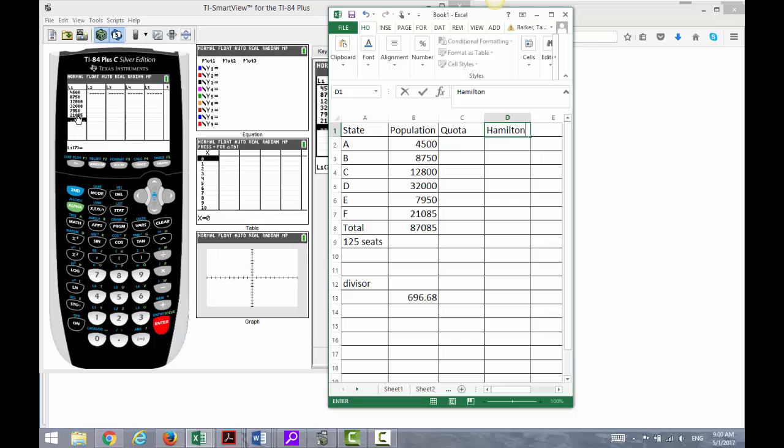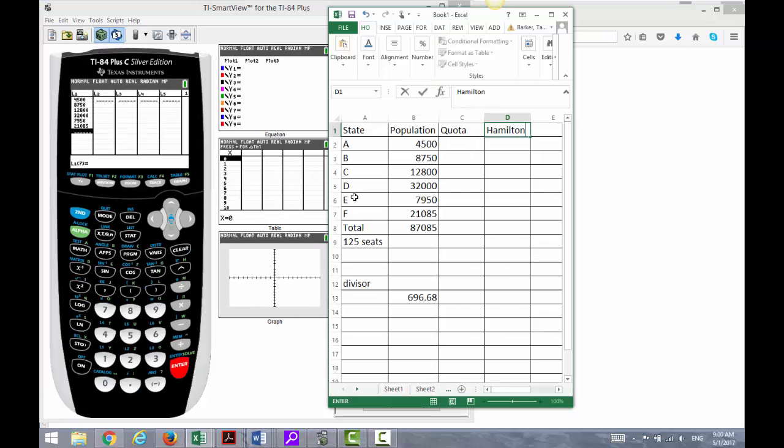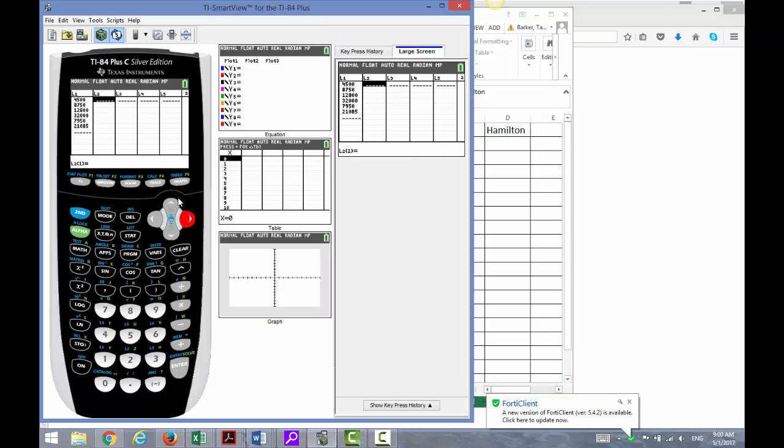Okay. So to do the quotas, let me put it a little bigger for you. I want to take these populations and divide by the standard divisor we found earlier. To do that, I have to go over to L2. Notice right now I'm in the first entry of L2. That's not good. I want to go all the way up, so L2 is highlighted. Down here it says L2. And what I want to tell it to do is hit second one, which says take the first list, so that's L1, and divide by